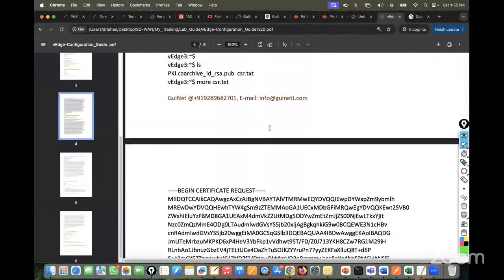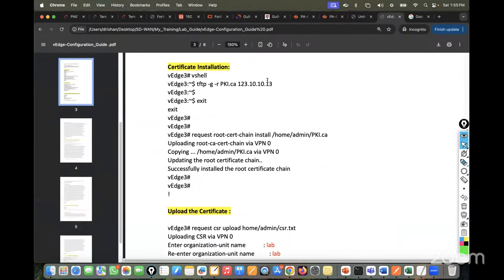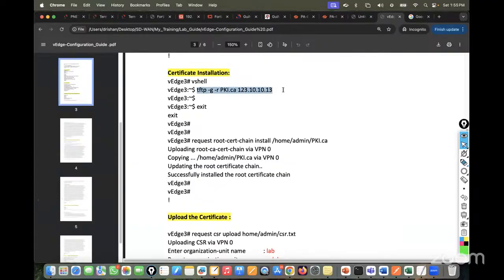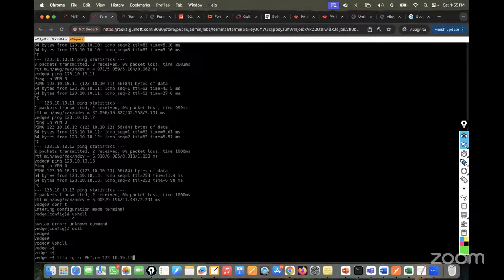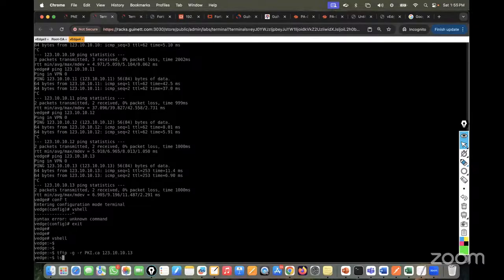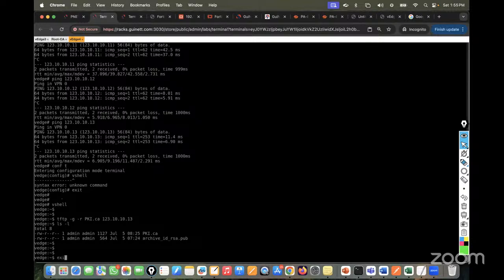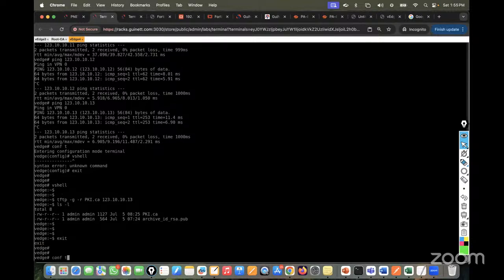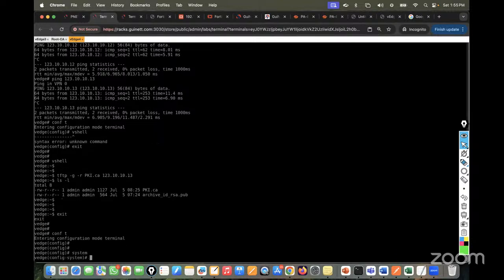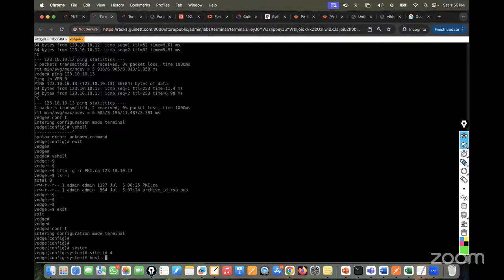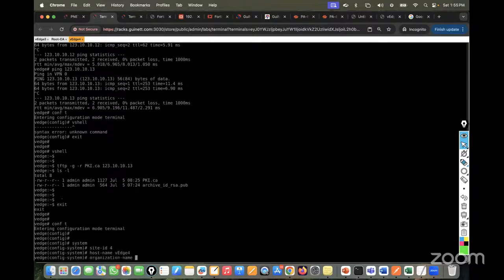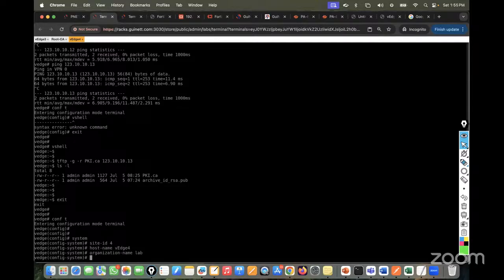So we have to use the TFTP -g -r command, and you have to copy the certificate. ls -l, done. After that, you can just go and configure the system-wide configuration. So site ID is going to be 4. Hostname is going to be VH4. Organization name is going to be lab. vBond is going to be